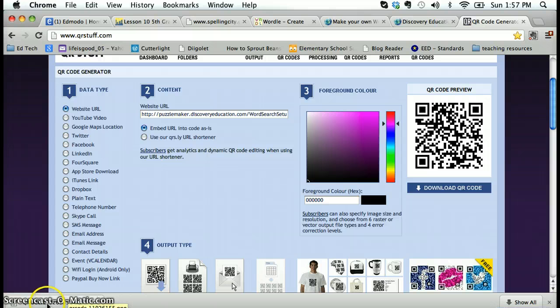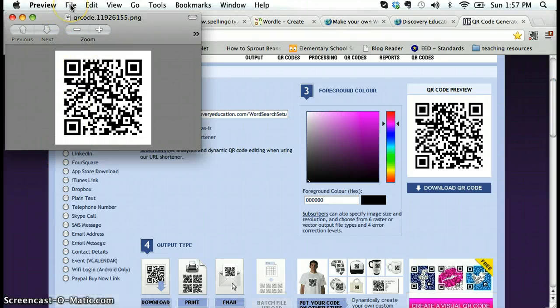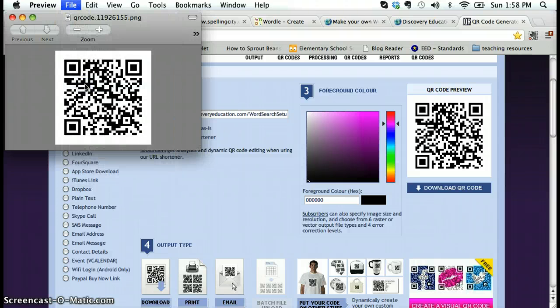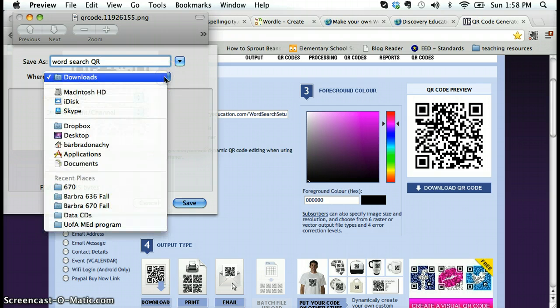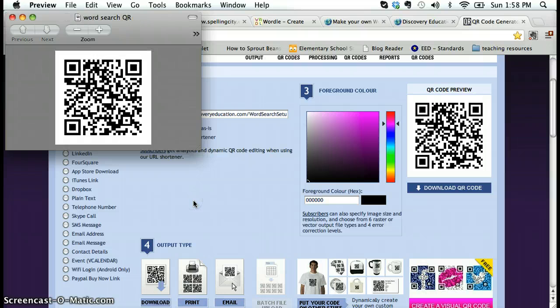It downloads that quick. I double click on it. Since I'm new to this, there might be a shorter way to do this, but I'm not sure how to do that. So what I did is just took my file, image, saved it as, and in this case it's going to be my word search QR. If you don't name them, you're going to get confused by all the codes. So I would rename them. I threw it on the desktop, saved it,